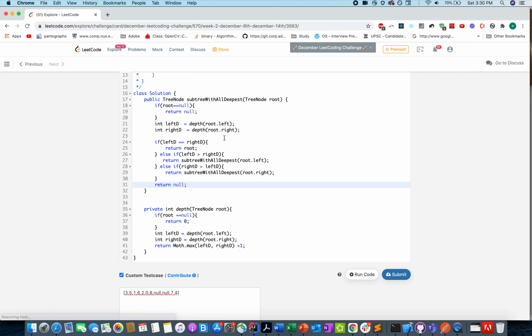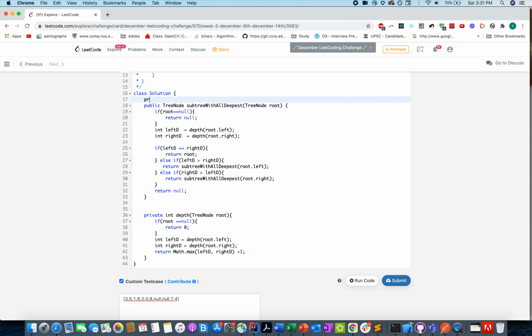What is the time complexity of the algorithm? The time complexity of the algorithm would be order of n square, because at each node you are finding the depth, and for finding the depth of a tree the worst case complexity is order of n, because from each node you are going to the deepest node and checking for the depth, and similarly you are repeating it for all the subtrees. The improvement that can be done here is we can cache the value of depth if we have ever traversed it in the past. How are we going to do that?